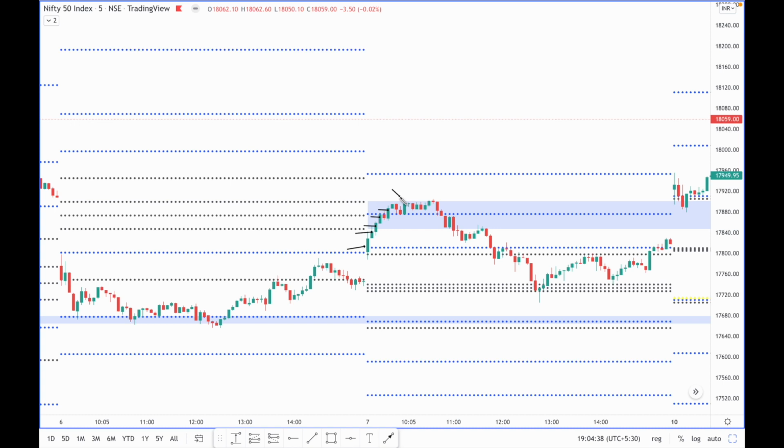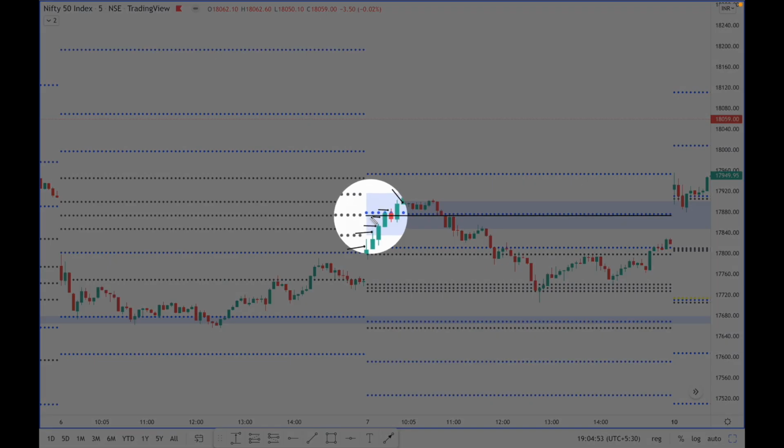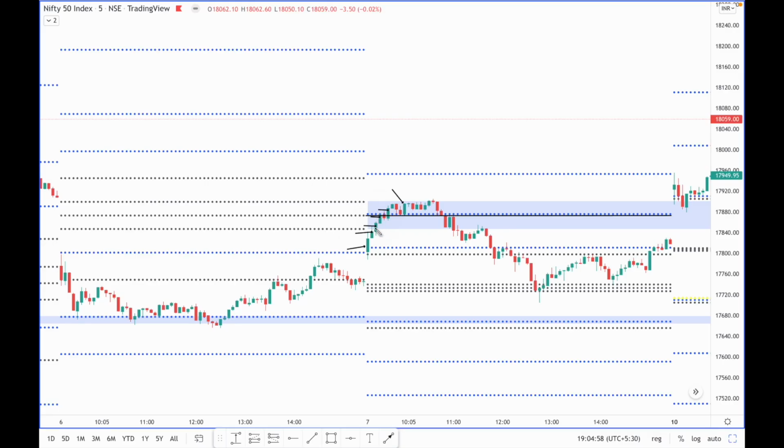And then in spite of making such a strong bullish candle and breaking the central pivot of the virgin CPR, which was coincident with the R2 pivot also here. So let me show you. This is the virgin CPR line, and the blue line is the R2 pivot. So in spite of this R2 pivot being here, as well as the virgin CPR and its central pivot being at the same level, and in spite of making all these